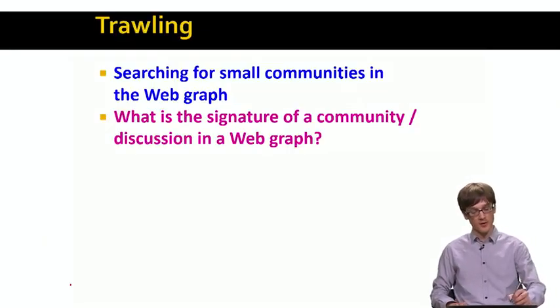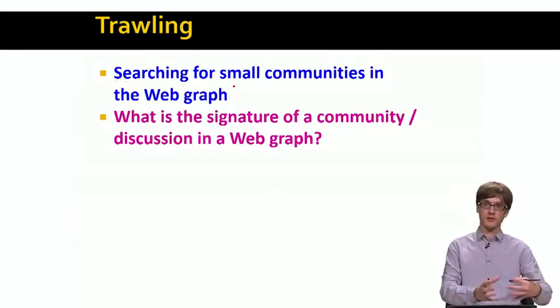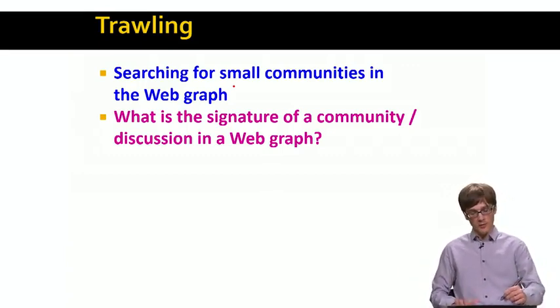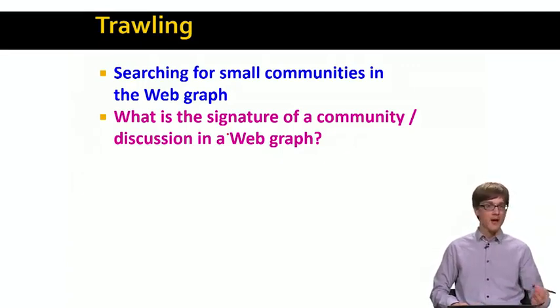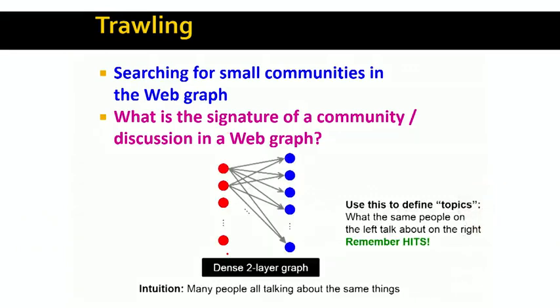Let's say that we are given a big web graph. We want to go find small communities in the web graph. So we have the graph where nodes are web pages and edges correspond to hyperlinks. And the question is, what is a signature of a community or a discussion in the web graph? Thinking about this idea, which actually comes from hubs and authorities,